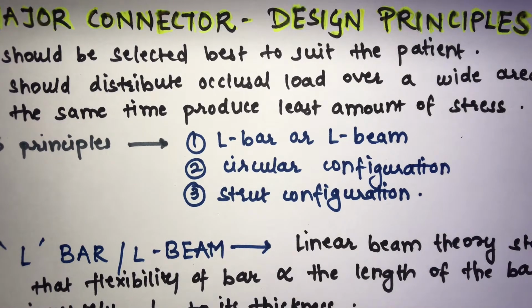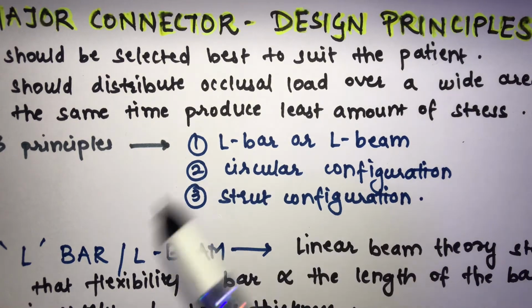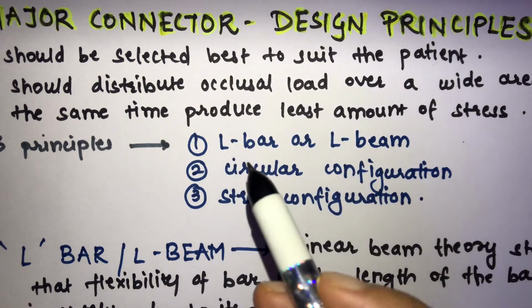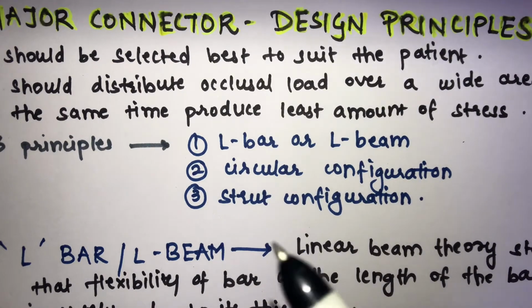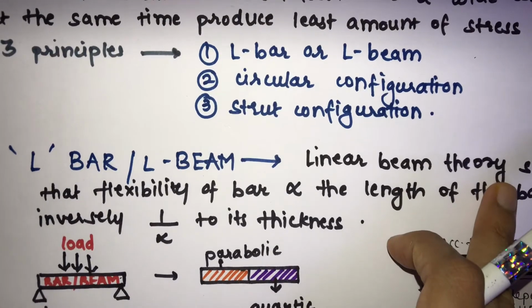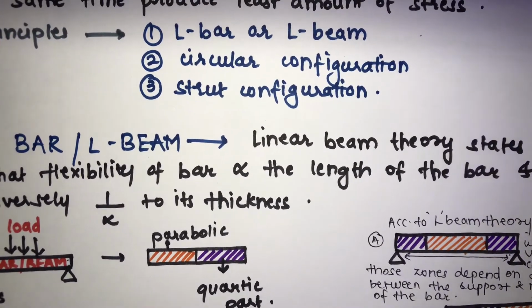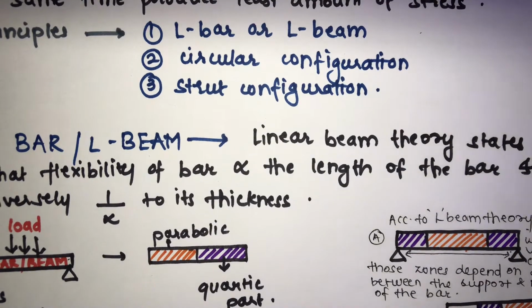There are basically three principles. The first one is the L bar or L beam principle, the second is circular, and the third is strut. Starting off with the first one, that is the L bar or L beam principle. This L bar or L beam principle is nothing but, L is linear, so linear beam